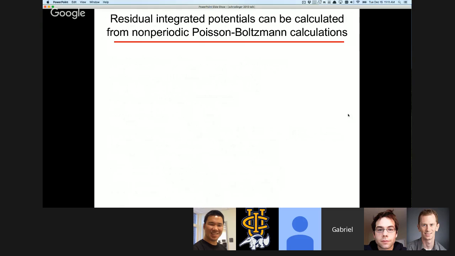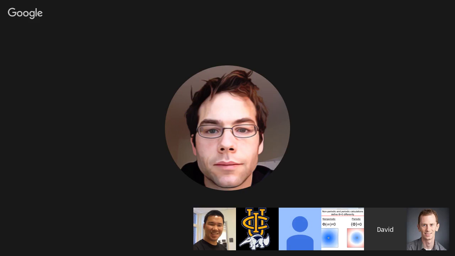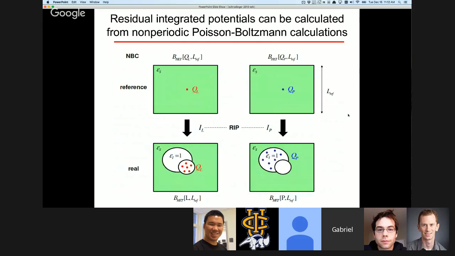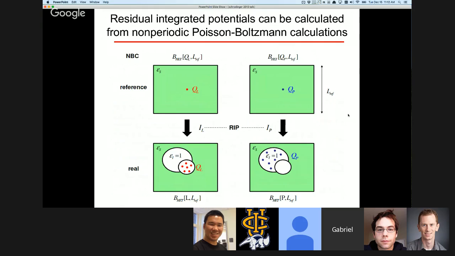say one more thing about these residual integrated potentials and how you calculate them. So you calculate them using non-periodic Poisson-Boltzmann calculations. So just to go back to the very beginning, I said that in a non-periodic calculation, the potential at infinity is 0, whereas in a periodic calculation, the average potential is 0. So we're trying to figure out what the effect of your protein or other strange solutes is on the average potential in the system, and the idea behind what we're doing here is that